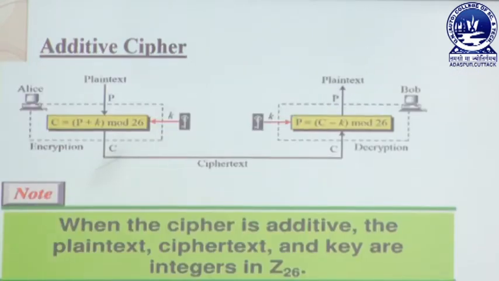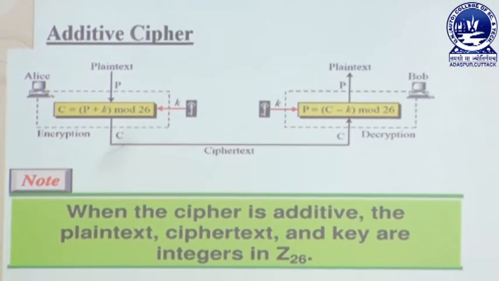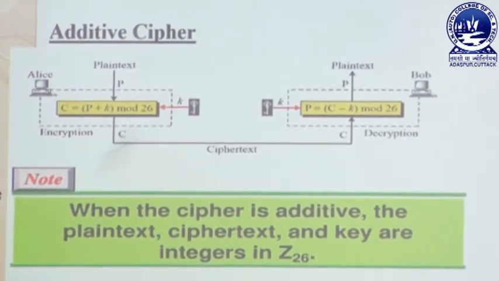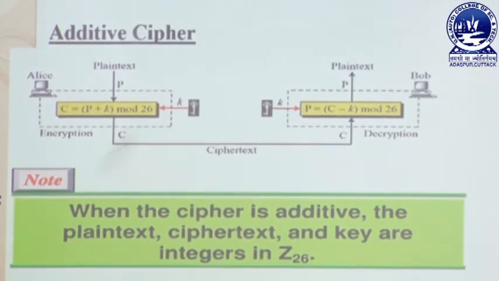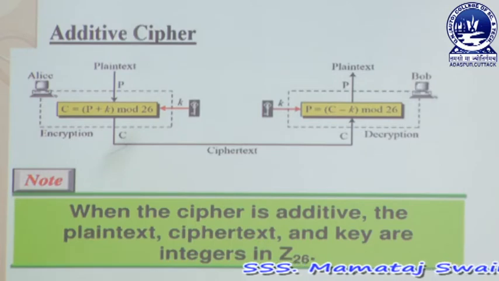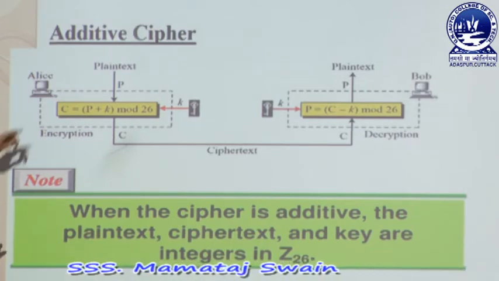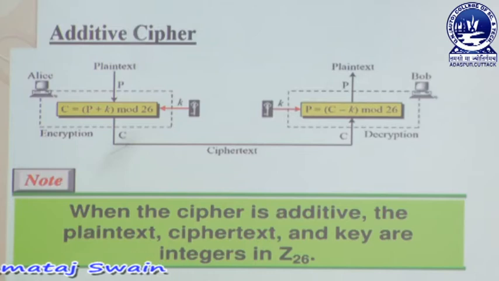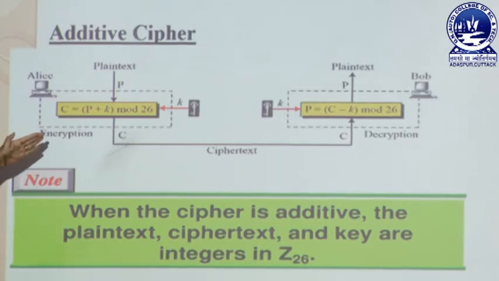Now in this diagram, Alice sends some message to Bob using the additive cipher. What happens here? When Alice sends a message, that is the plain text P, then in additive cipher this plain text is added to our key value which is called K. Then we calculate the mod 26.